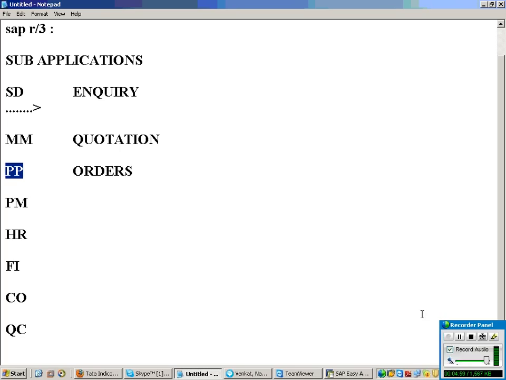That means they contact different vendors. This quotation is different: the earlier quotation is from customer to enterprise, while a request for quote is from enterprise to vendor. The vendors will give some quotations.